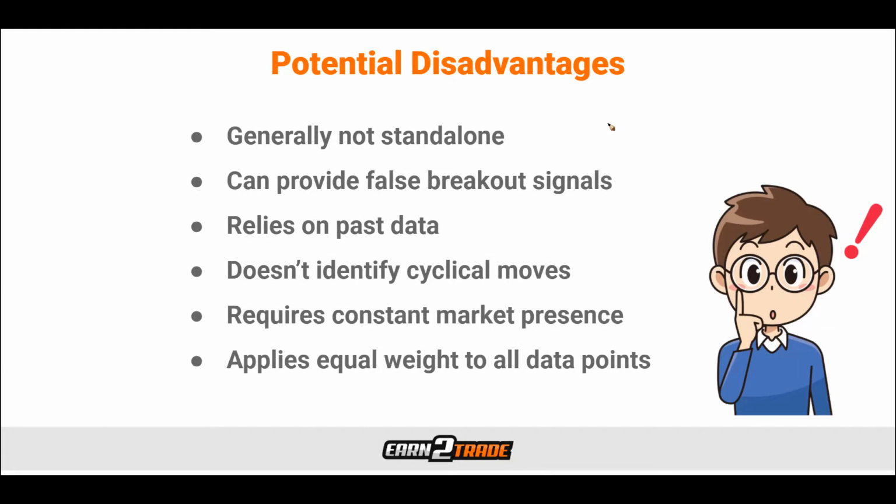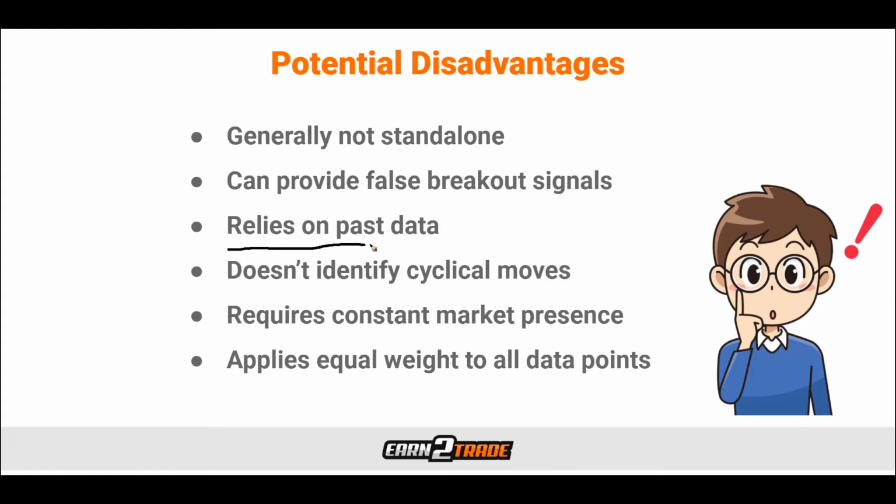The potential disadvantages that the channels have are something that really isn't too far off from pretty much the disadvantages any indicator might display. It's generally not going to be a standalone, one-size-fixes-everything indicator where you're going to execute trades without any other information behind why you're doing it. They can also provide false breakout signals. This really just comes down to reading the indicator wrong. If you read the indicator incorrectly, you're not accurate with your overall read of the market in conjunction with it, then you might find yourself with a false signal.